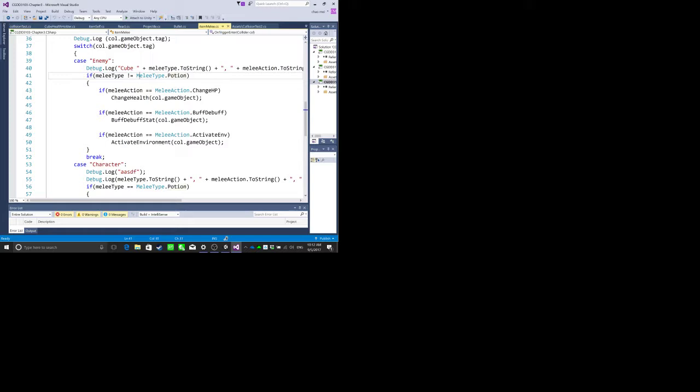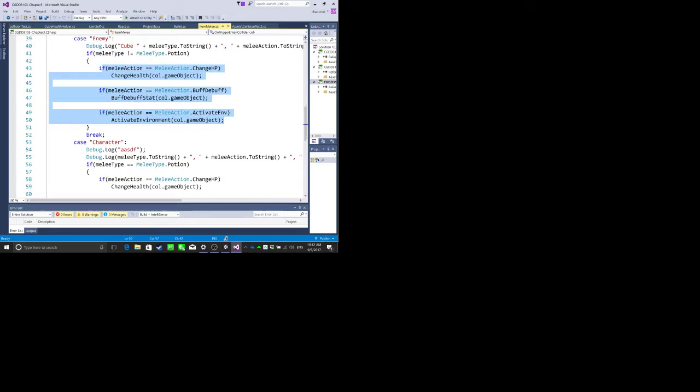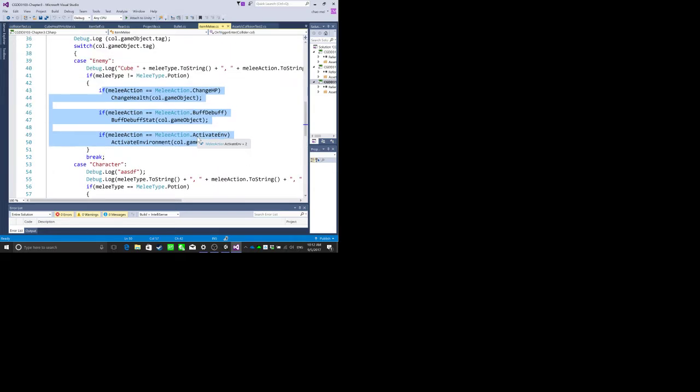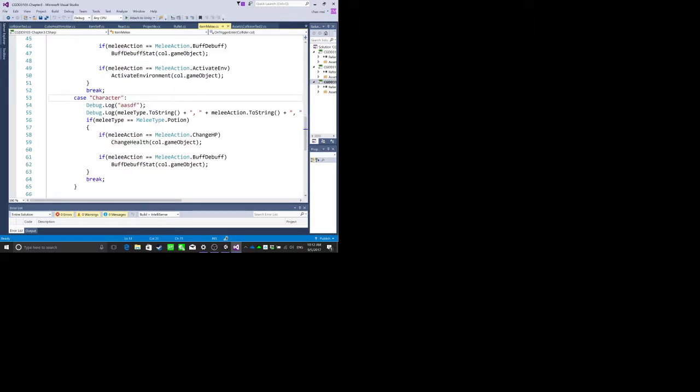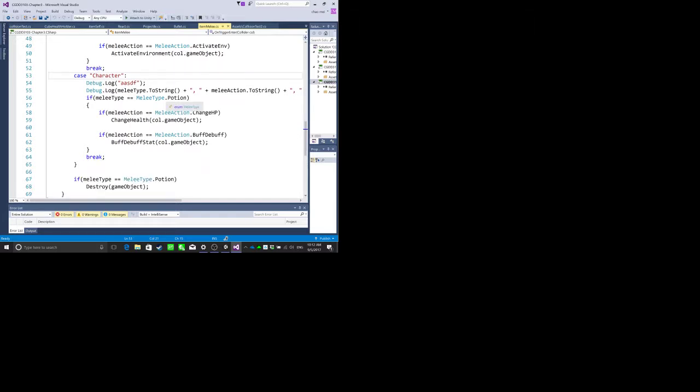If it's not portion, we do something here. However, for character, if the thing that hit me is a character, then if I am a portion,